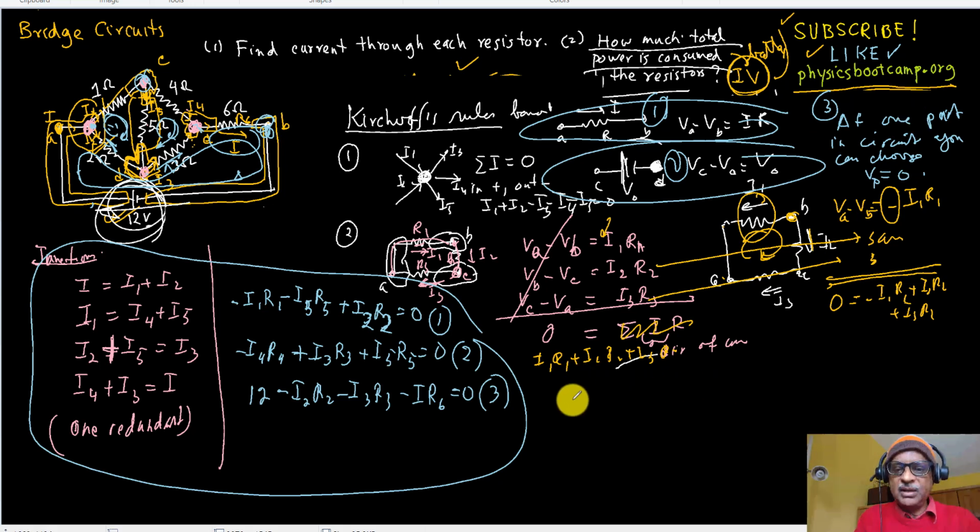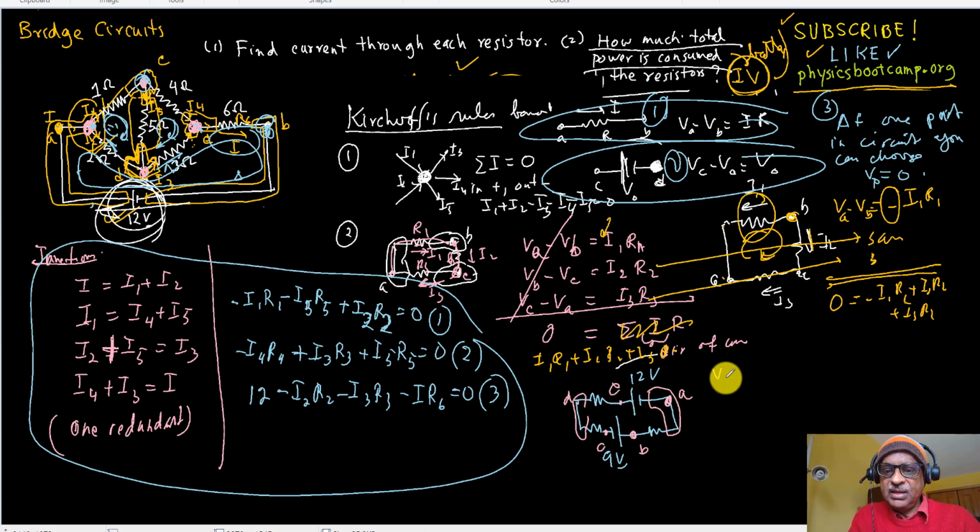So if I had, say, a circuit like this kind, now you have 2 batteries. You have a 12 volt and say 9 volt. You can set this point, let's call it A. So this is all A, and this point B, this point C, and this whole point is D, and this E. So you can set VA equal to 0,